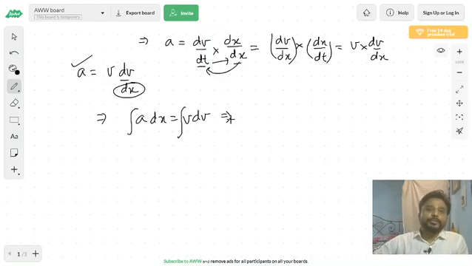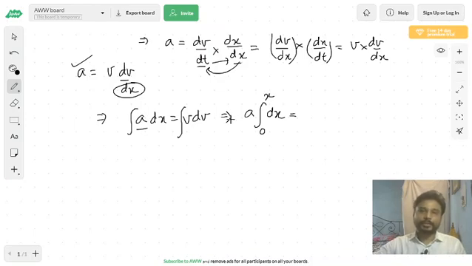Now again there are two possibilities, whether acceleration is a constant or not. If acceleration is constant, then it simply comes outside, which is the case for us in this particular problem. So we take acceleration outside, integration of dx. The integration goes from 0 to x, that is the position of the particle goes from 0 to x, and the velocity goes from some initial velocity u to some final velocity v, integrating v dv. So this becomes acceleration a.